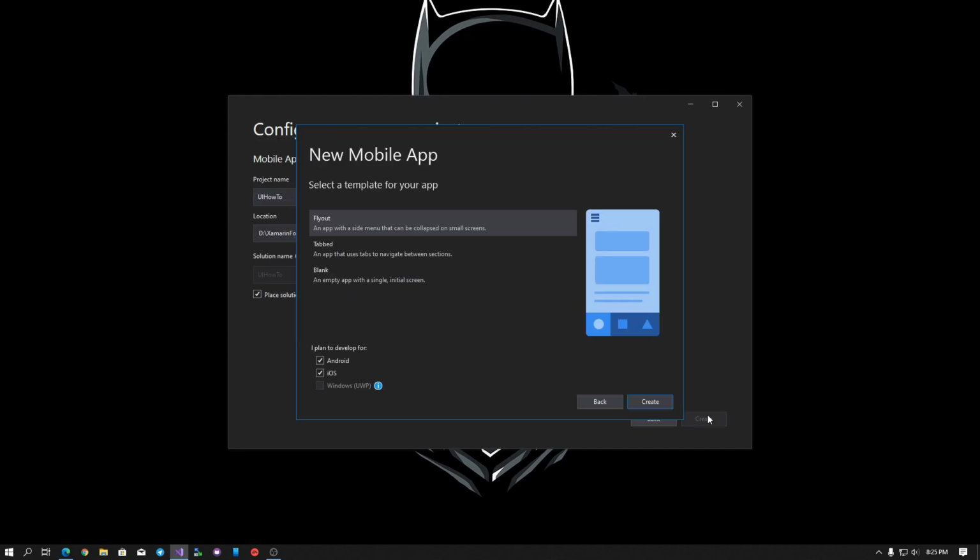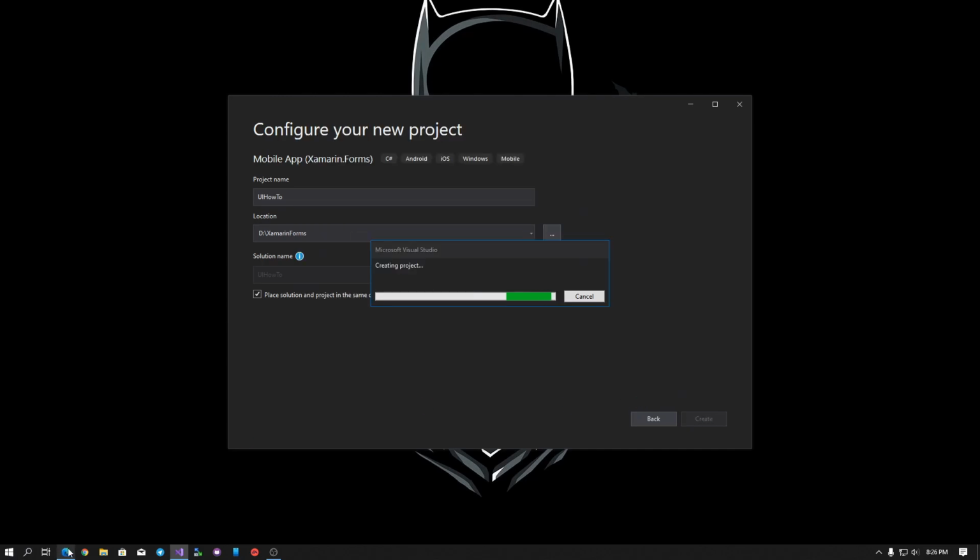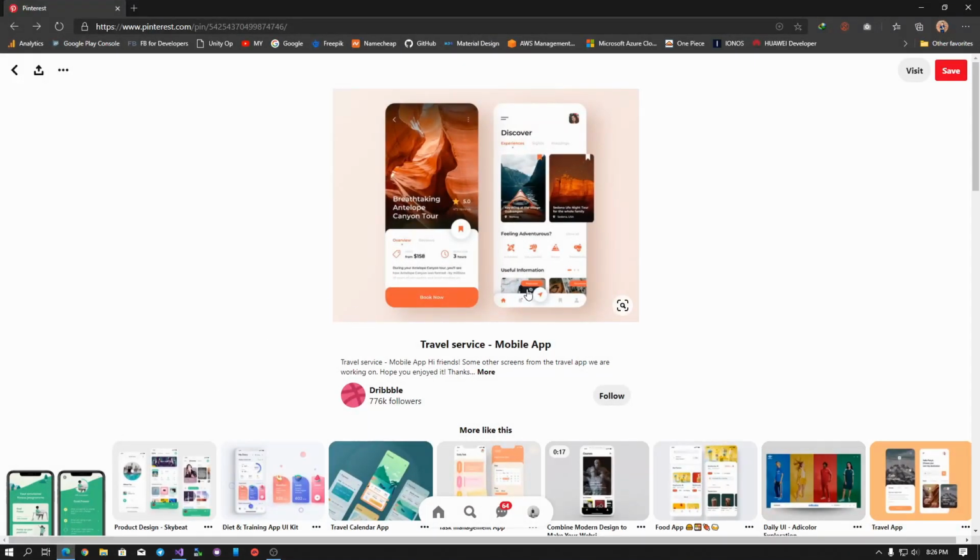and then create. For this one, I'm not going to use a navigation template, so I will go for a blank project and click create. Before our project is loaded, let's go to Pinterest, where I decided to create this UI. But for now, we're not going to touch the bottom tab view, tab bar,